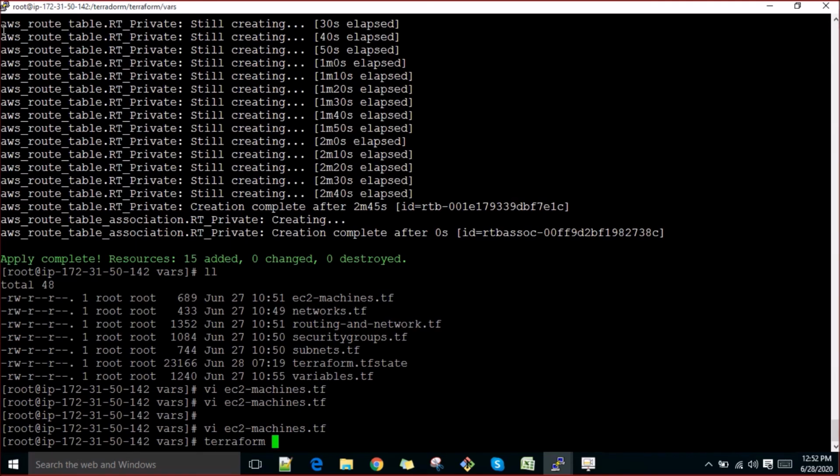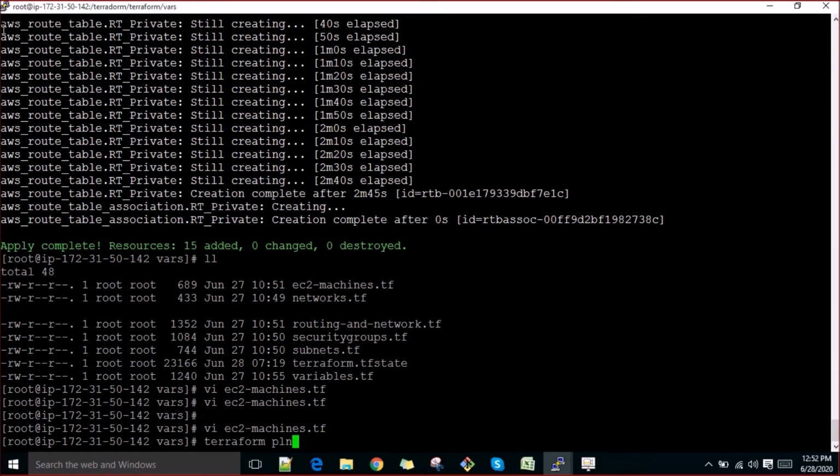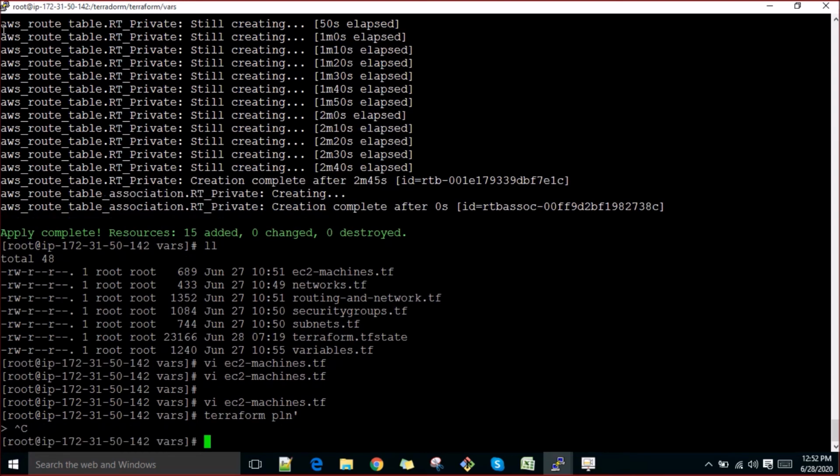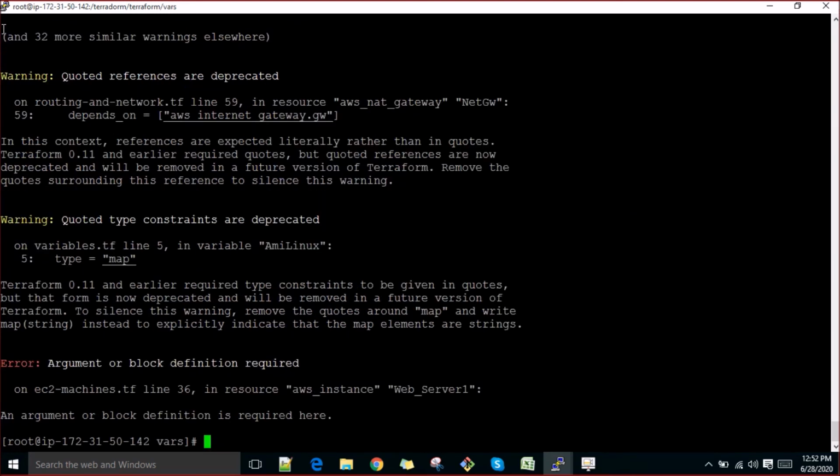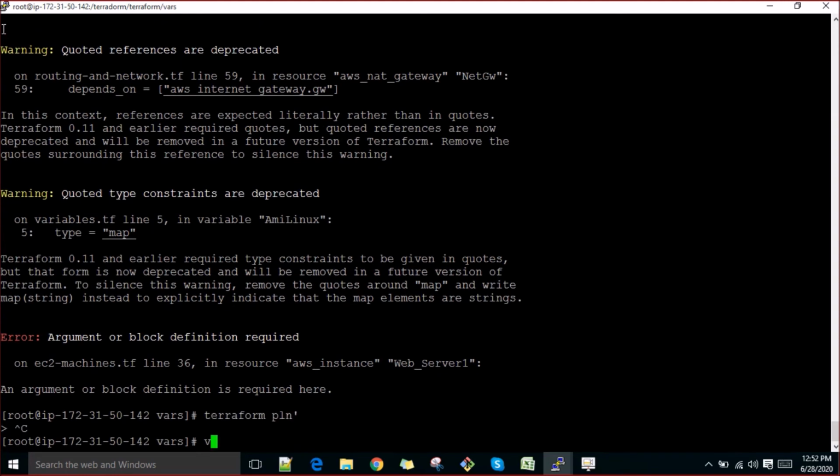Let's do terraform plan quickly. Oh, sorry. It says an argument or block definition is required.